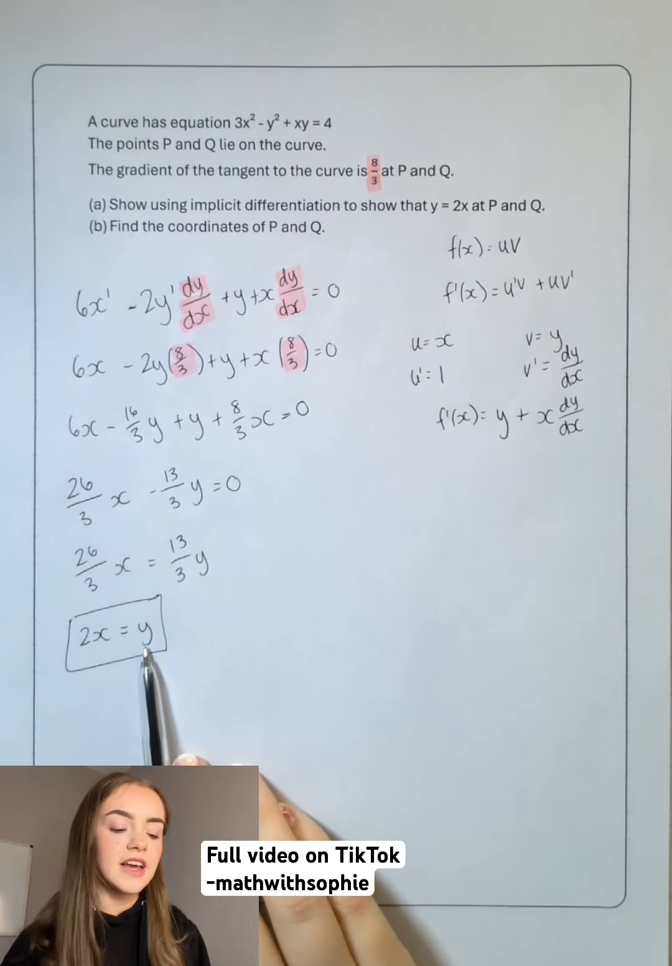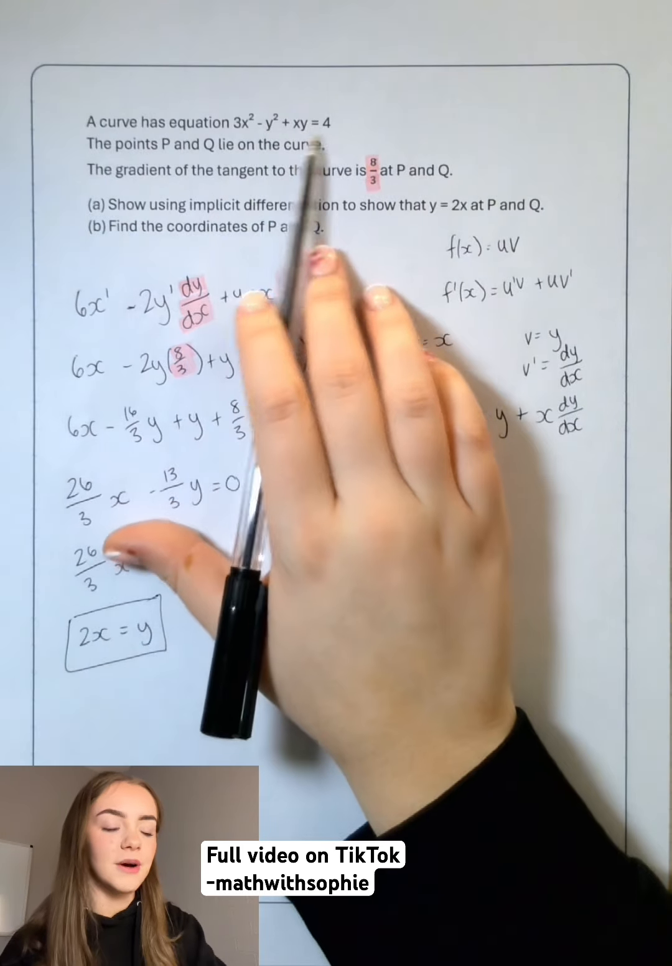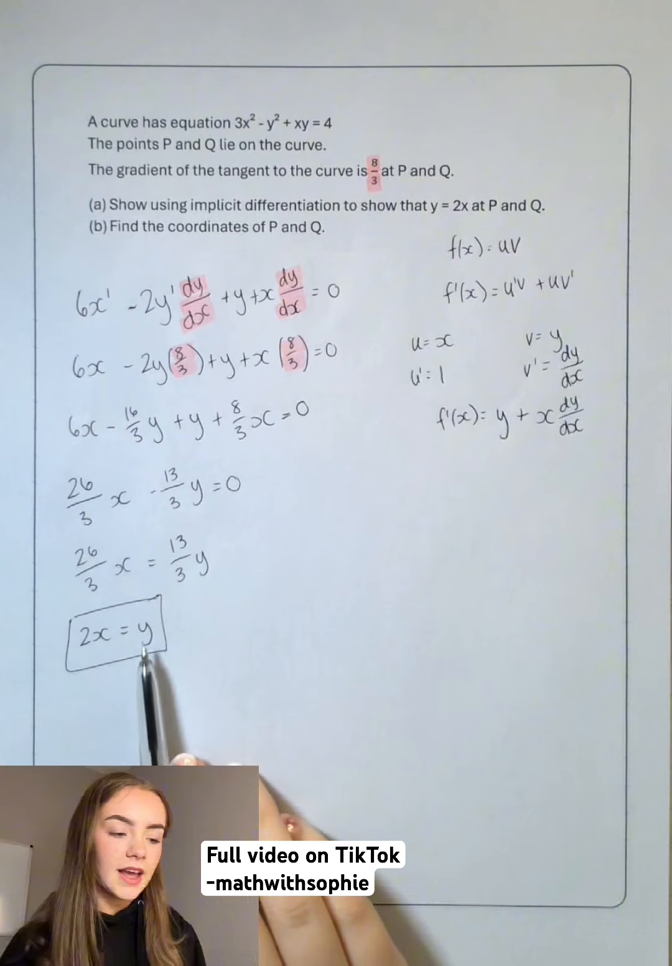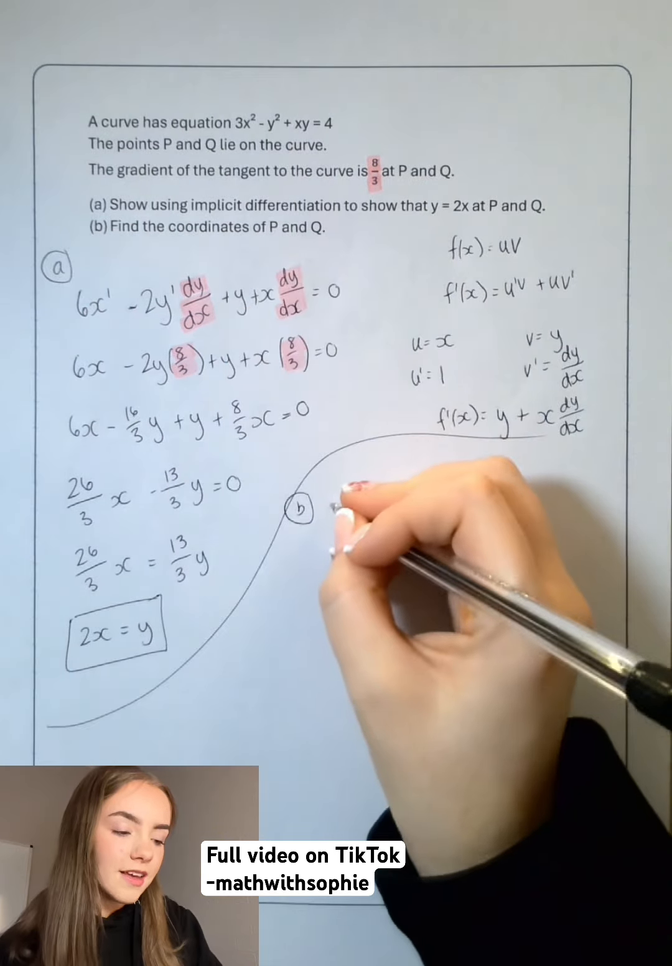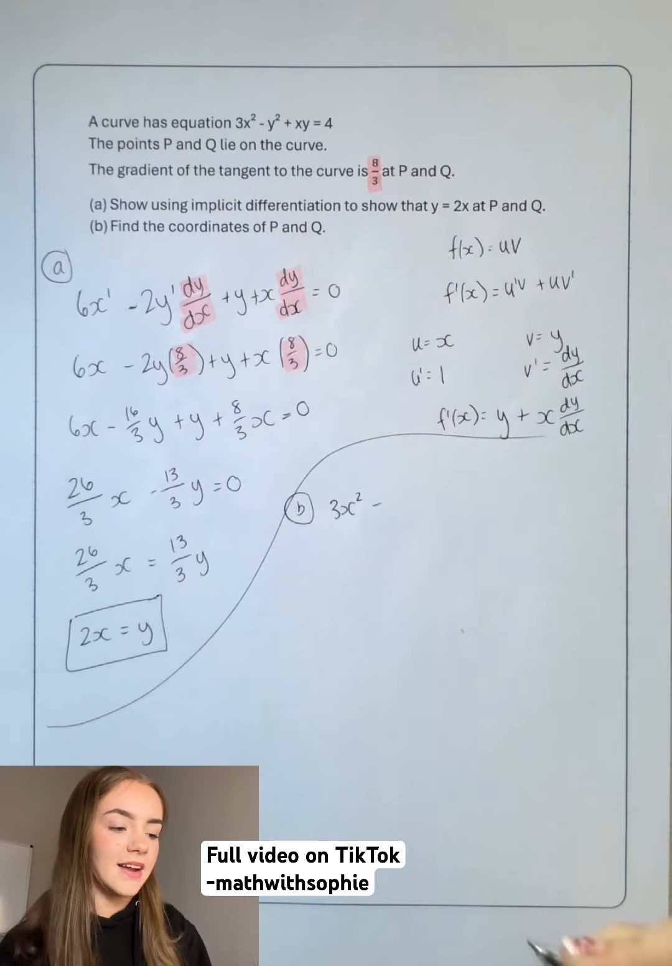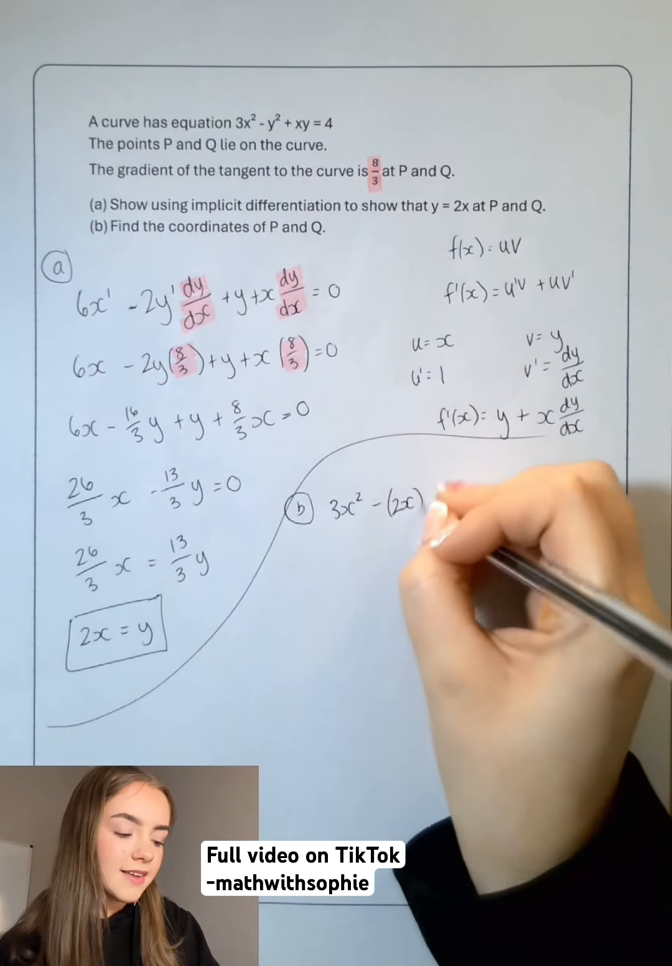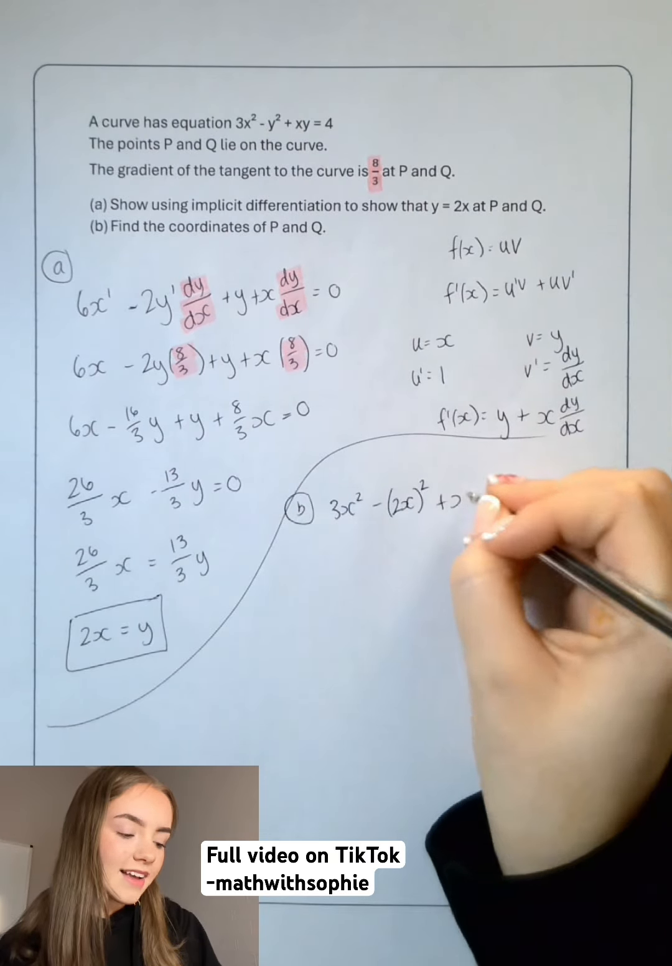Well, we have an equation here linking y and x, and we also have an equation here in terms of y and x. In place of y, we can substitute in 2x into the first equation. So this will give us 3x squared minus, in place of y, we have 2x, this is also squared, plus x times y, which